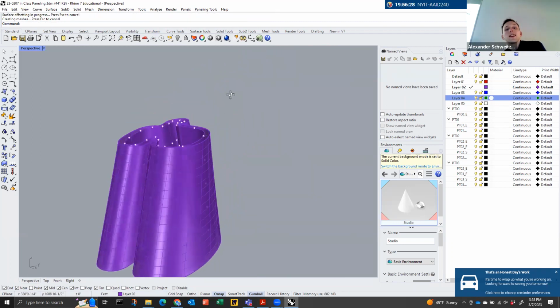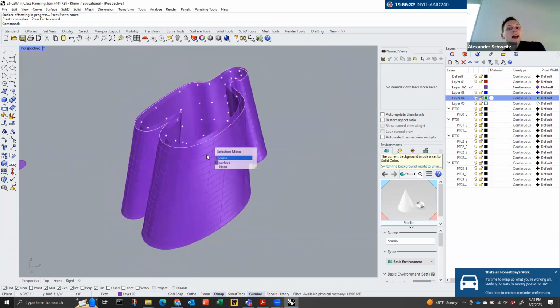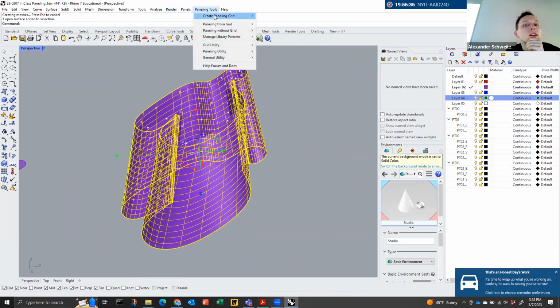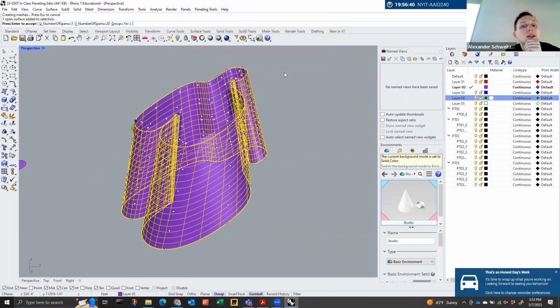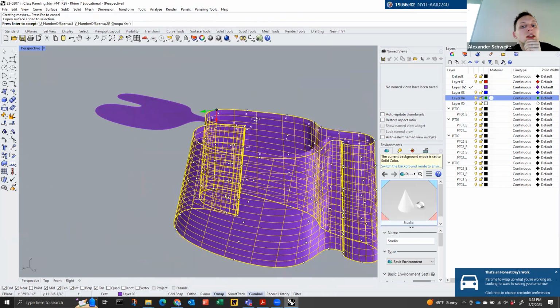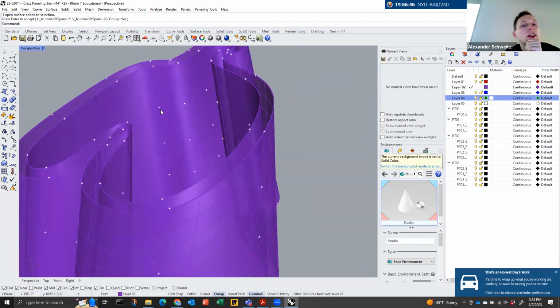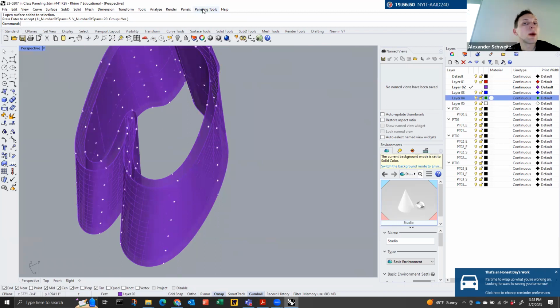So now that I did the offset tool and I didn't make it solid, I can select the outside here, do the same thing: panel, create panel grid, surface domain number. It's the same quantity, I press OK. Now there's my grid on the outside, there's my grid on the inside. If everything went well,